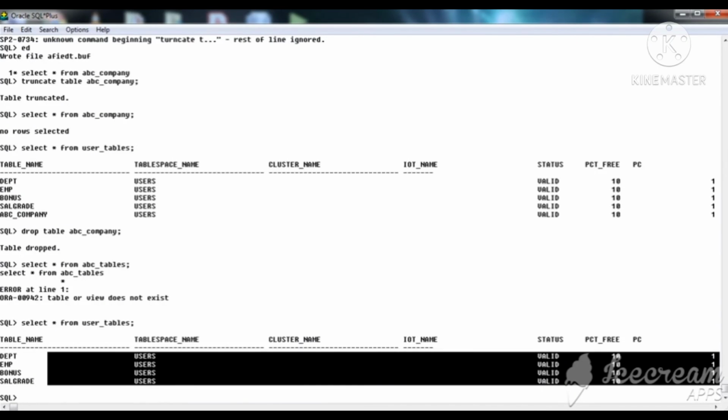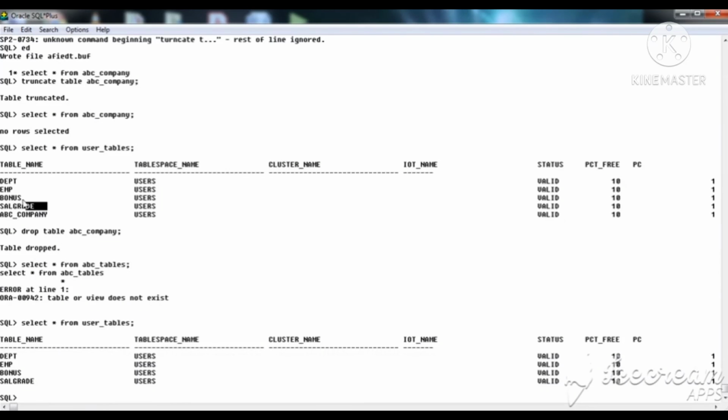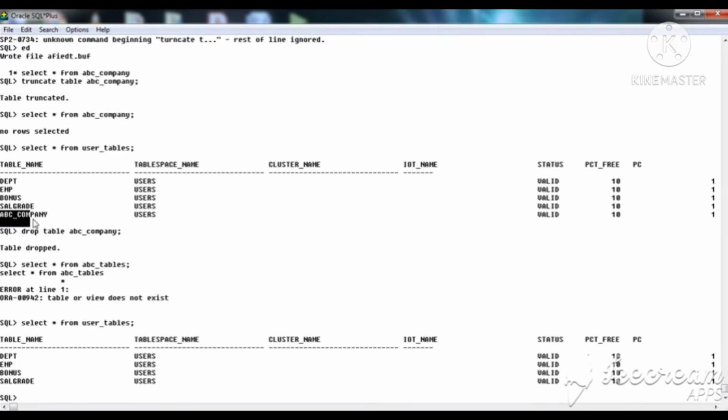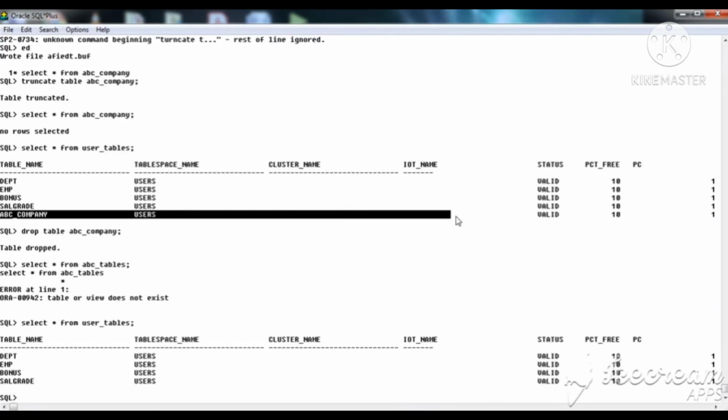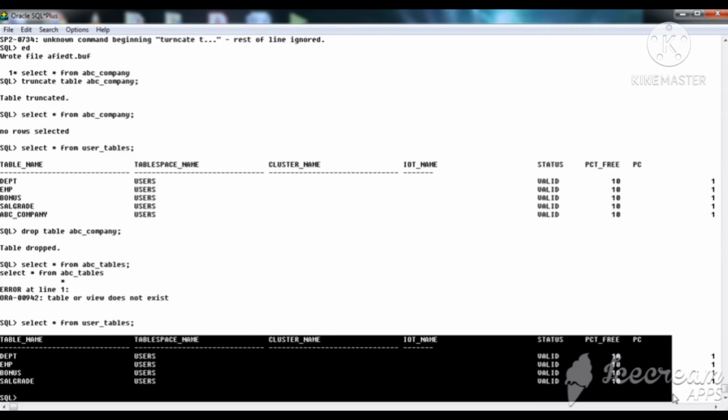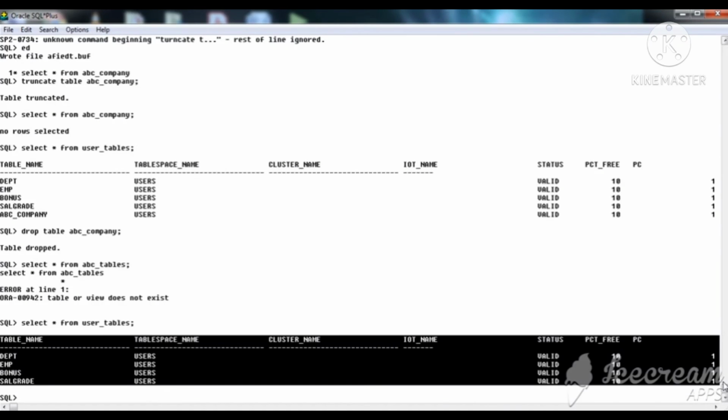You see this, only four tables are available. Before, 5 tables were available. When you use the drop table command, the entire table format is also removed. This table is not available in the user defined tables. So when you use the drop command, the entire table is dropped.